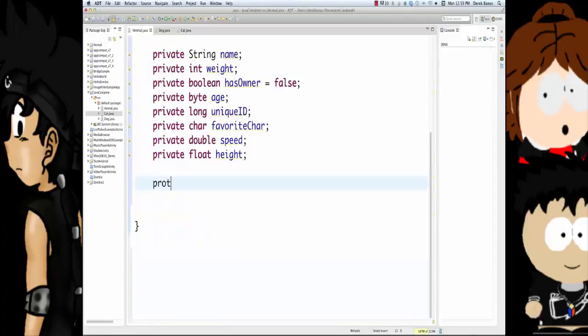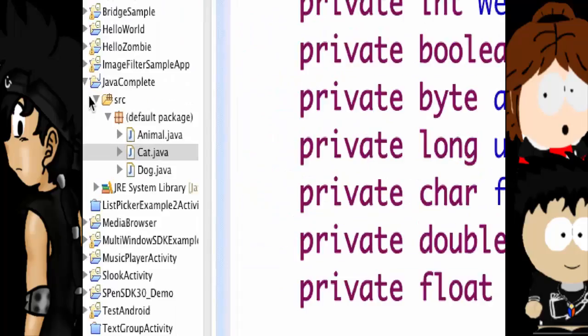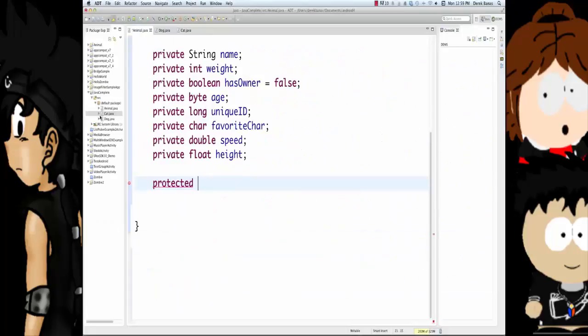Now what I'm going to do is create a protected data type. By marking it as protected, that just means that this value can only be accessed by other code in the package. So this guy right here, anything that's in this package right there. I'm also, just to make this crazy, going to make it a static integer, and this is going to be number of animals.